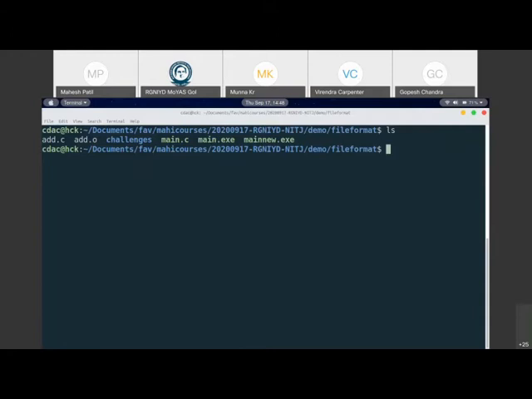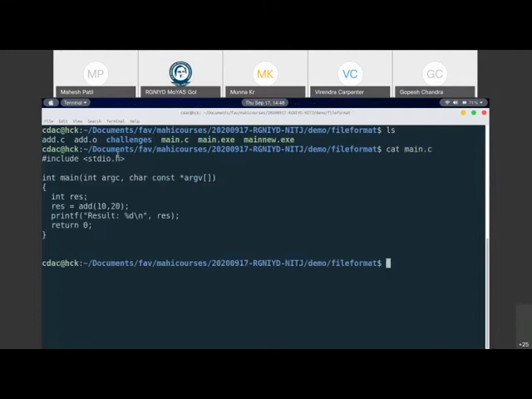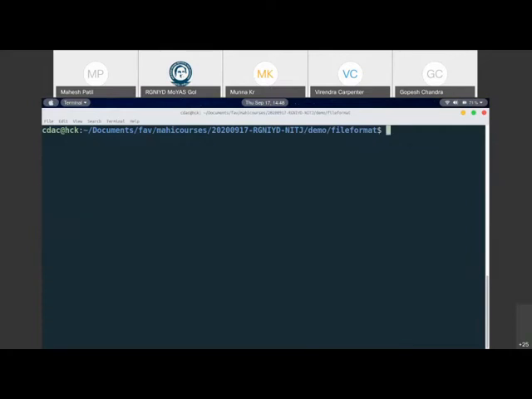You are able to see my screen also, the terminal. Yes, sir. So here, I can compile this C file. Here you have the simple C file. I'm just using the compiler to generate the output of it, and you see that I get the output. So I have the output as main.